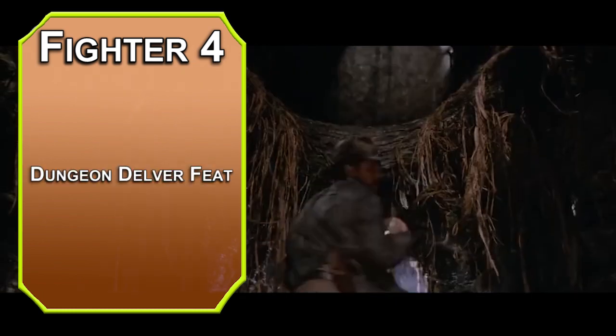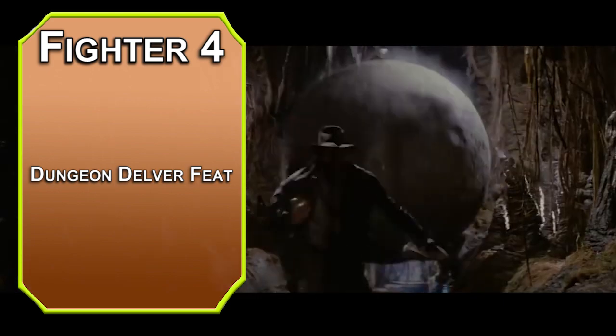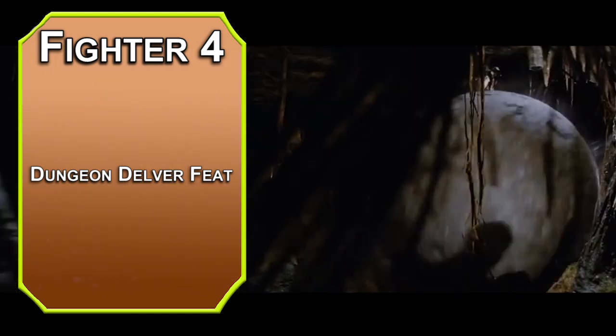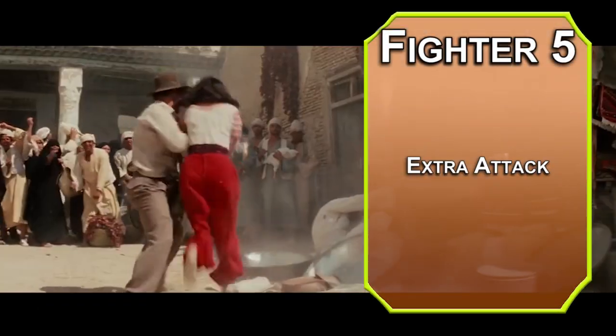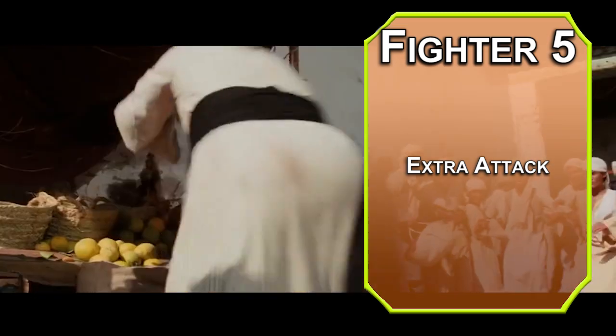Dungeon Delver gives you advantage on investigation and perception checks to find secret doors, resistance to damage from traps, advantage on saves against traps, and you can search for them at a normal pace rather than a slow pace. Level 5 fighters get an extra attack, so double the whipping, double the fun. This doesn't work with your Thunder Cannon, as you do have to reload it as a bonus action in between